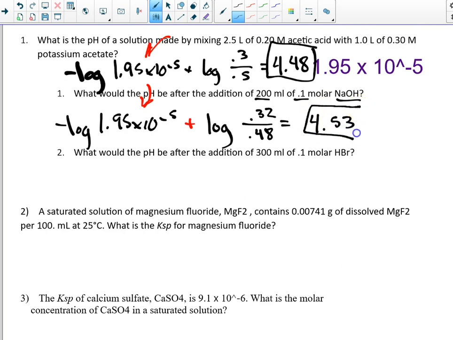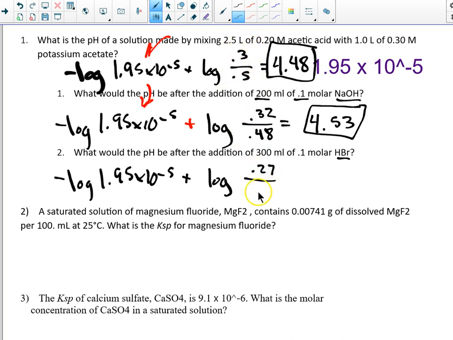Okay. We all right with that? Okay. Then this one again, it's the same thing. Log of 1.95 times 10 to the negative 5 plus the log. This time I added acid. HBr is a strong acid. All right. So the base goes down 0.03. Is that right? And that's from this one, 0.27. And then this one goes up to 0.53. And we end up with,